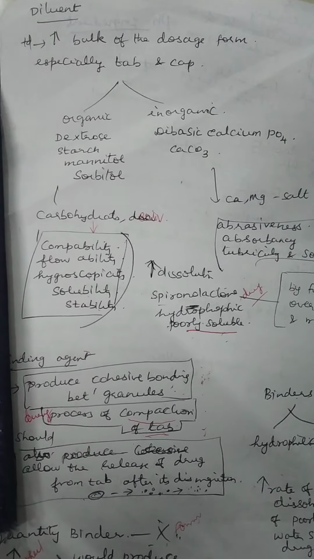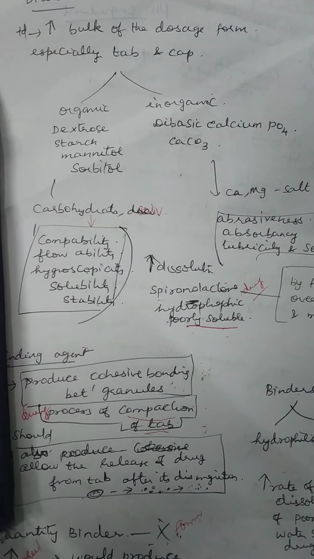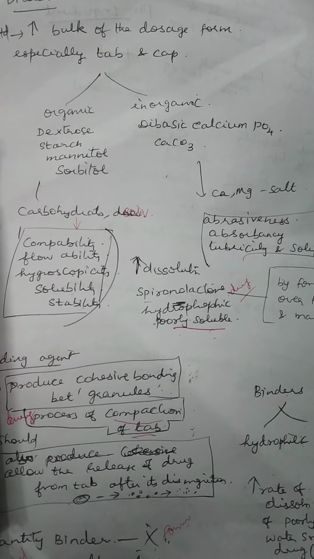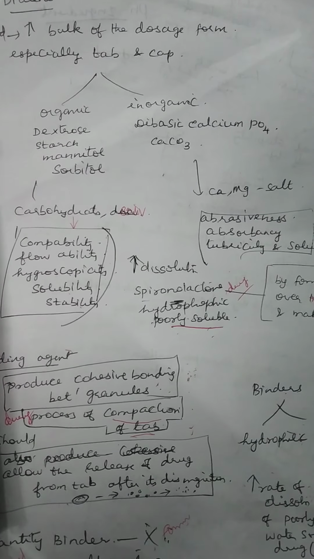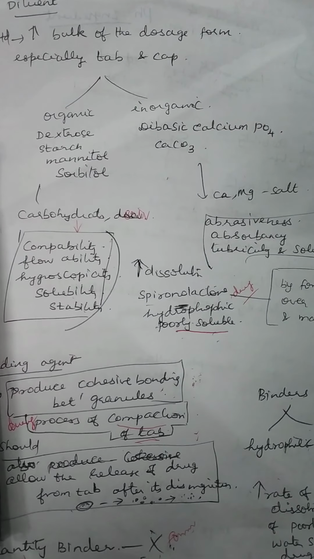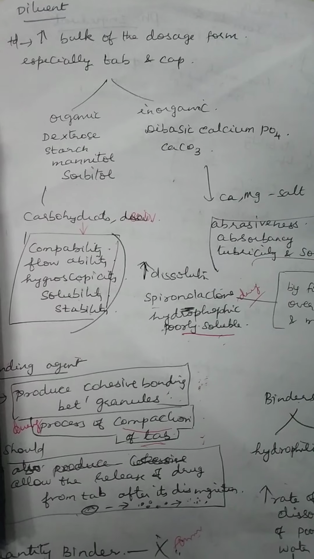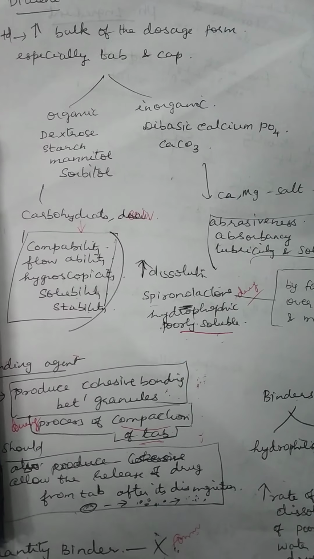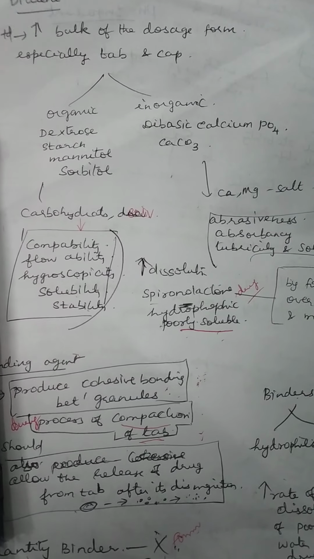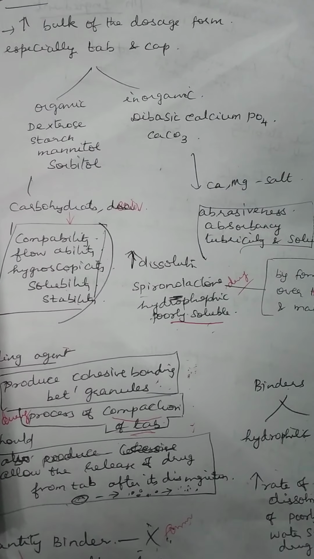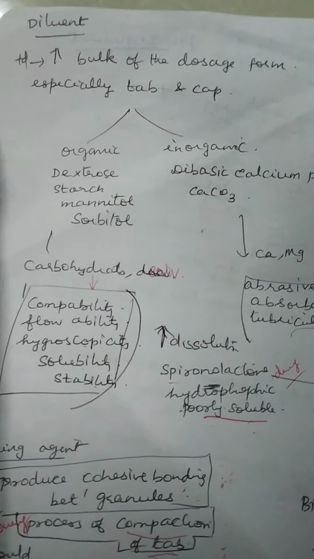In the previous video, we were discussing the diluent, right? Diluents are added to increase the bulk. If the dosage contains only a potent medicament, the substance weighing a maximum dose of less than 60 milligram, it's very difficult to handle. So to make it a directly weighable amount, we are adding diluent.